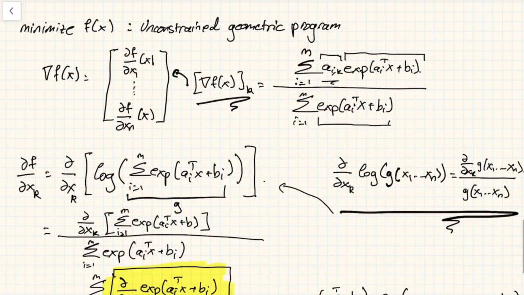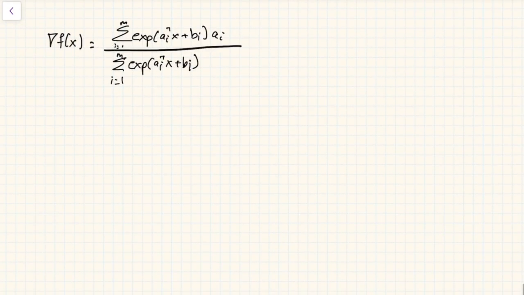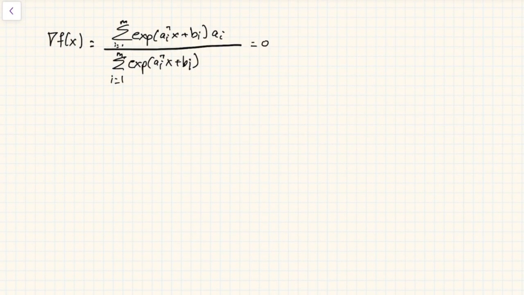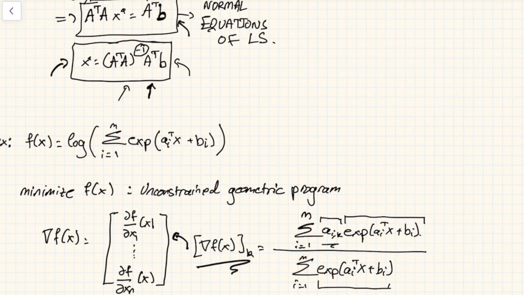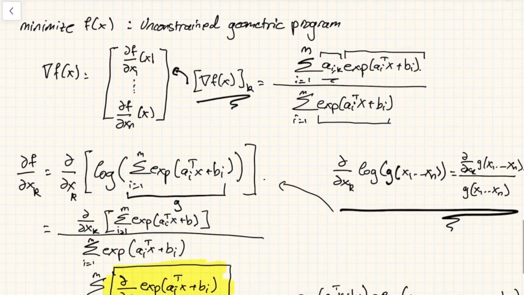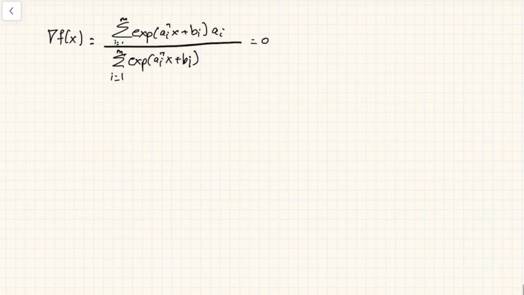Okay, again, since f is convex and twice differentiable, the optimal solution is obtained by setting this gradient to 0. But unlike least squares, we don't have a closed form solution. As much as you try, you can't express x in terms of a_i and b_i. This is the best you can do: it is x that solves this equation. And this is why we have to use numerical or iterative methods to find the solution of this